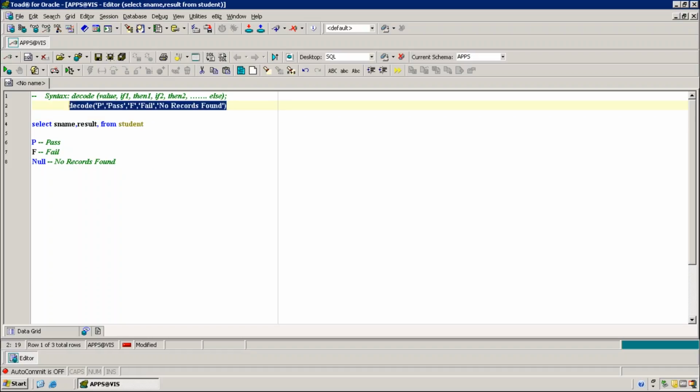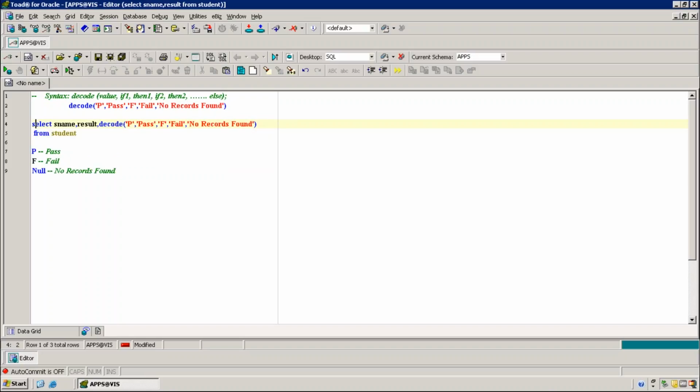Now tell me, what is the value here at this select statement level? Value is P. P is the condition.